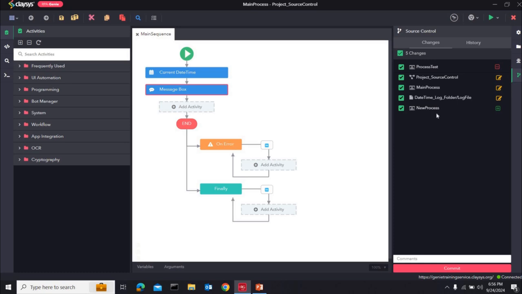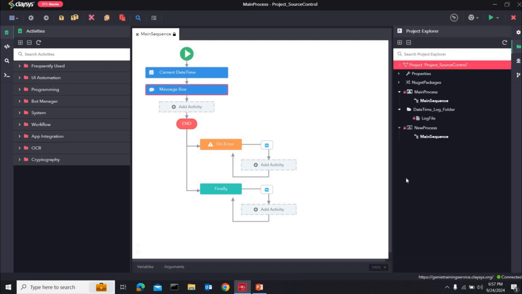Next, we need to add a suitable comment in the comments field. All the changes performed in the project workflow in the latest version can be specified, and then finally click on the commit button to check in these changes. Let's go back to the Project Explorer. Once checked in, a lock symbol appears next to the process name in the Project Explorer, indicating that it's now